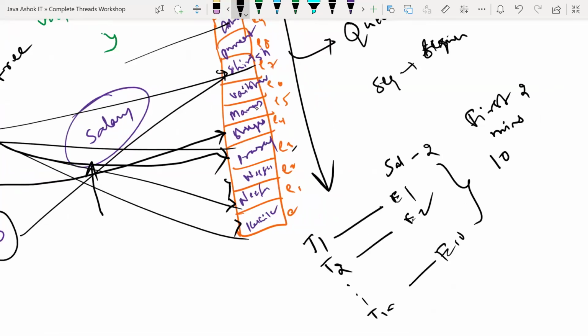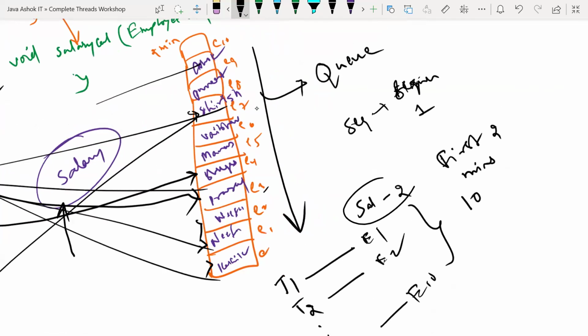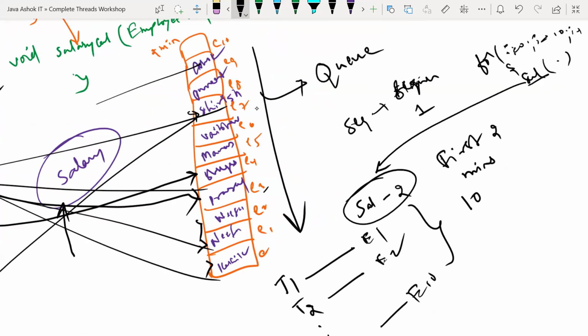If it is a sequential process, only 1 employee, correct? Because your salary calculation for 1 employee is taking 2 minutes. When you say for i equal to 0, i less than 10, i plus plus, salary calculation. So when i equal to 0, you call this method. It takes 2 minutes. After that only, it will go to i equal to 1, correct? So that means if it is sequential, in the first 2 minutes, you can calculate the salary of only 1